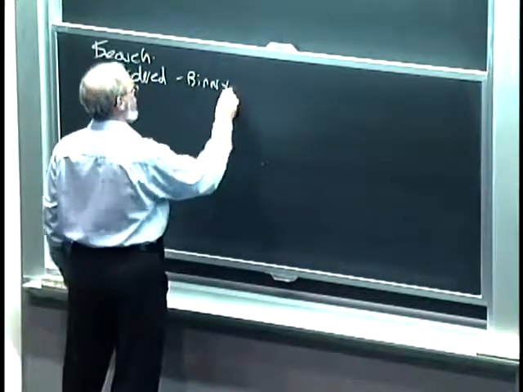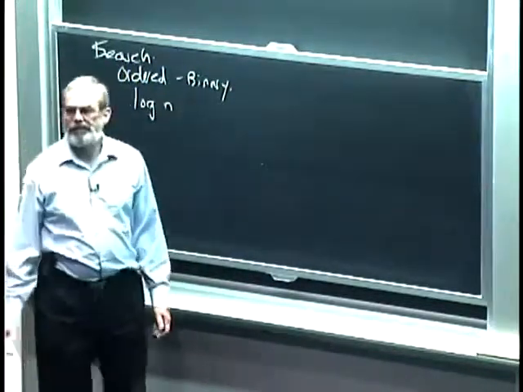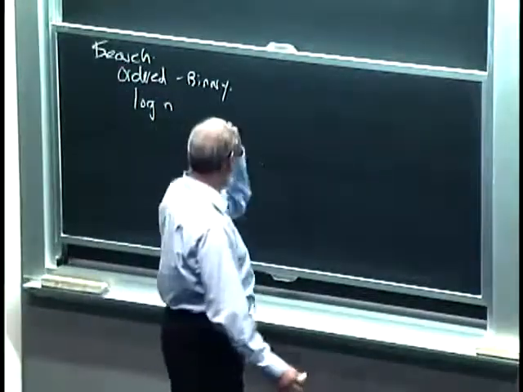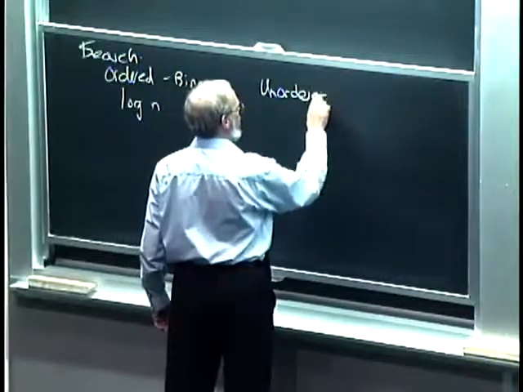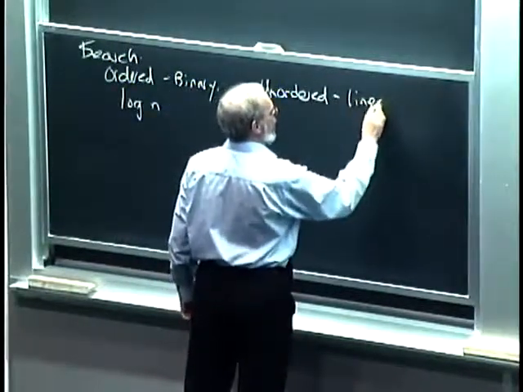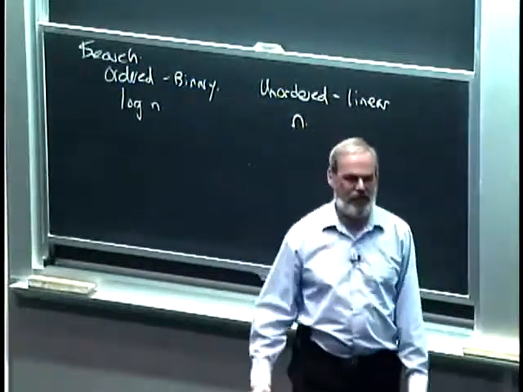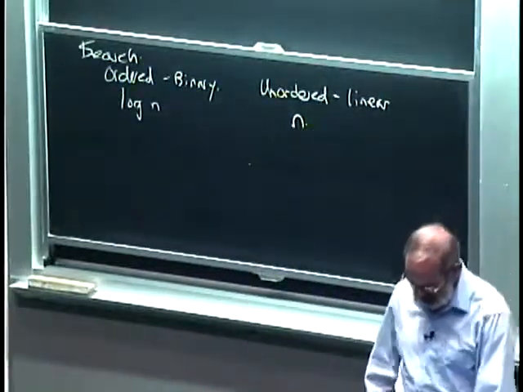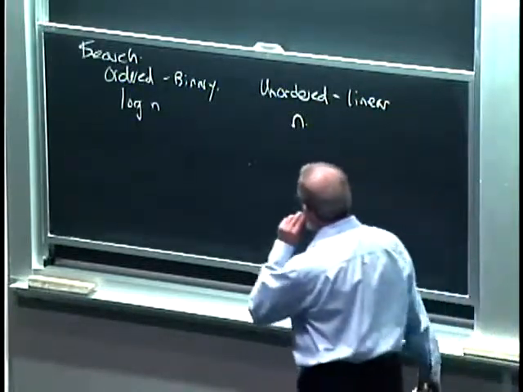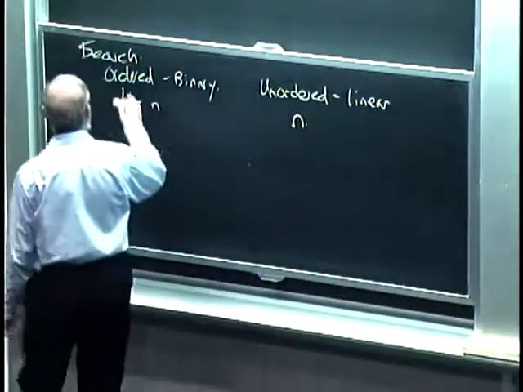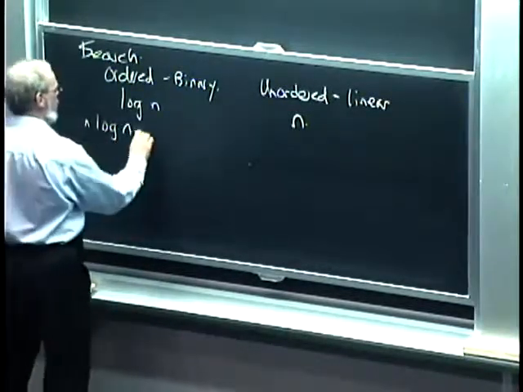we could use binary search. And we said that was logarithmic. Took log n time, where n's the size of the list. If it was an unordered list, we were basically stuck with linear search. Got to walk through the whole list to see if the thing's there. So that was of order n. And then one of the things that I suggested was that if we could figure out some way to order it, and in particular, if we could order it in n log n time,